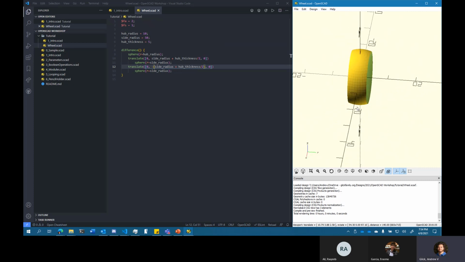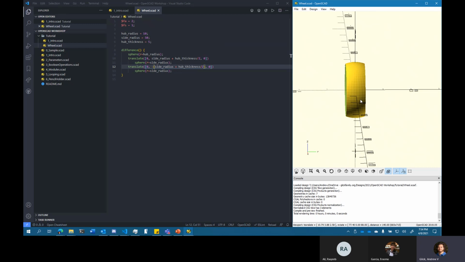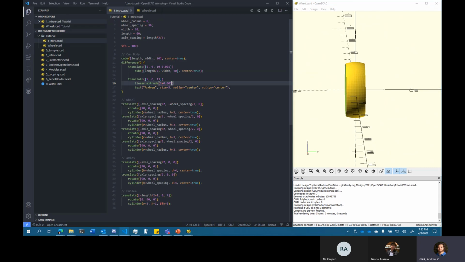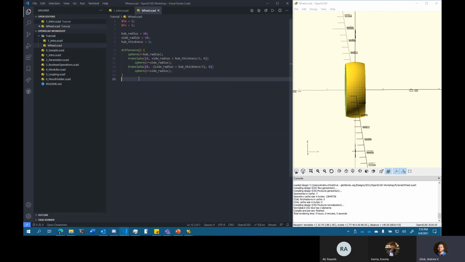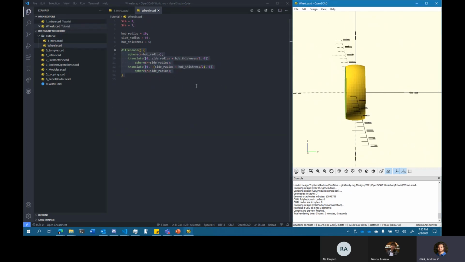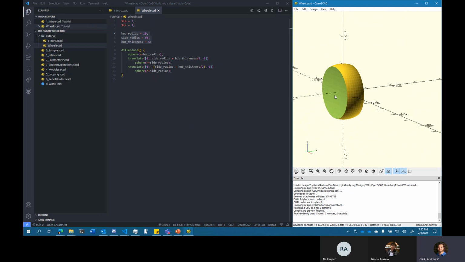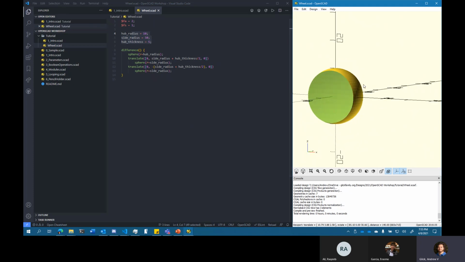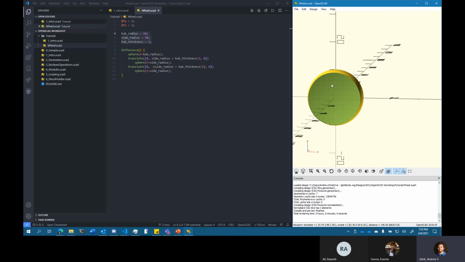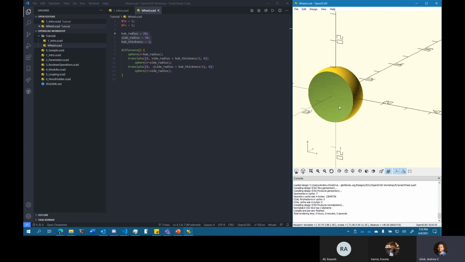Yeah, so that's great and all, but the way we did this car here is where we copied and pasted the wheel each time. I feel like that would get really tiring with this more complicated code, especially if you have to change anything. It's like, we have these parameters, which is great, but if we wanted to change how the parameters are used, or if we wanted to add in holes or something for the spokes, it could get very